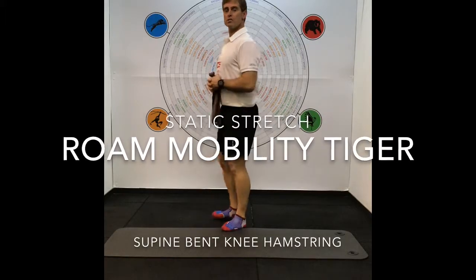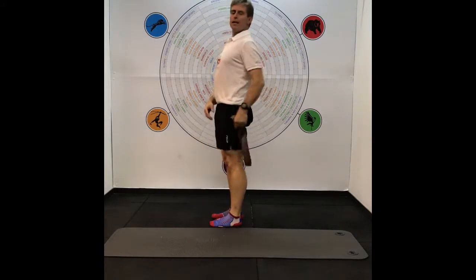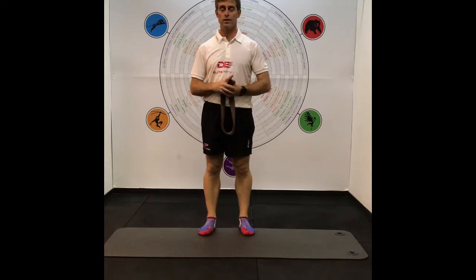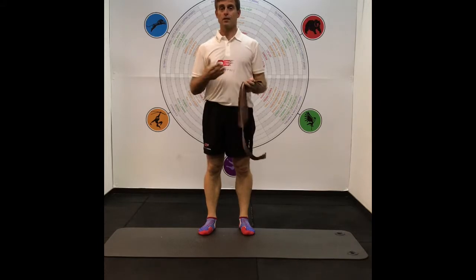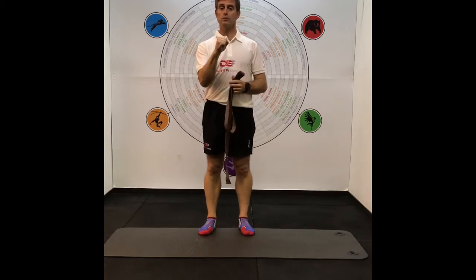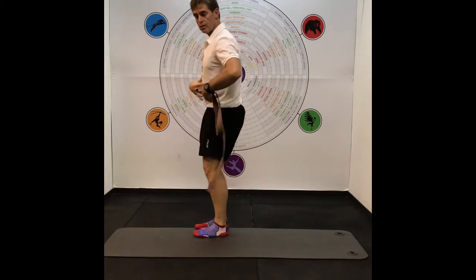So the squat position is a bent knee position, and sometimes the hamstrings are tight and restricting the full range of active movement. So we're going to do a lying bent knee hamstring stretch. Now we can put the towel that we used in the bear sequence underneath the lumbar spine at L3